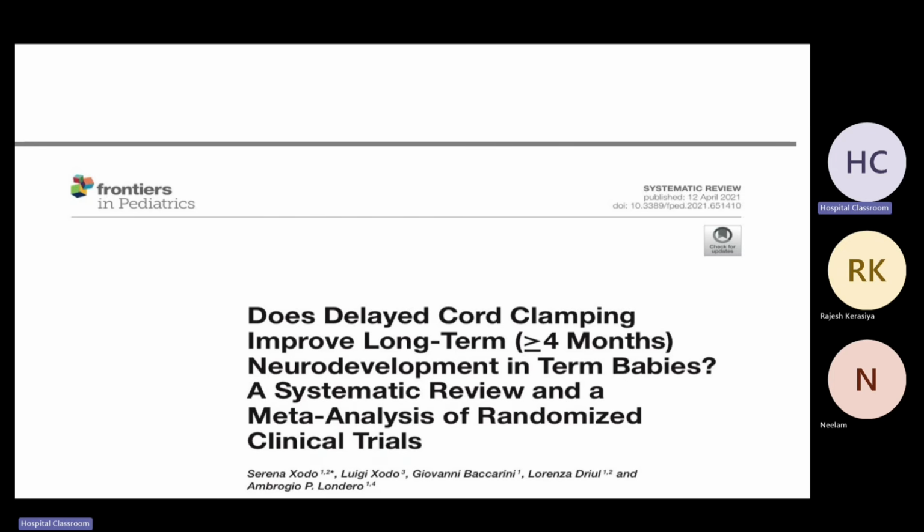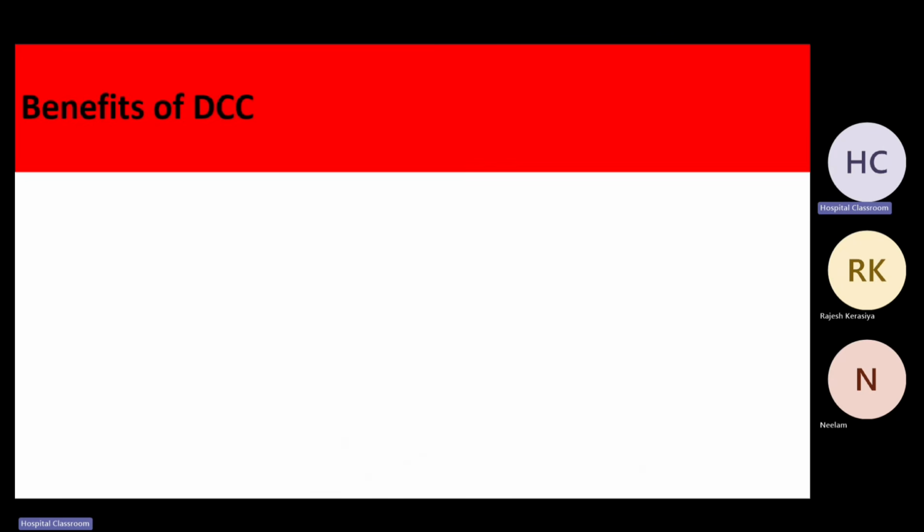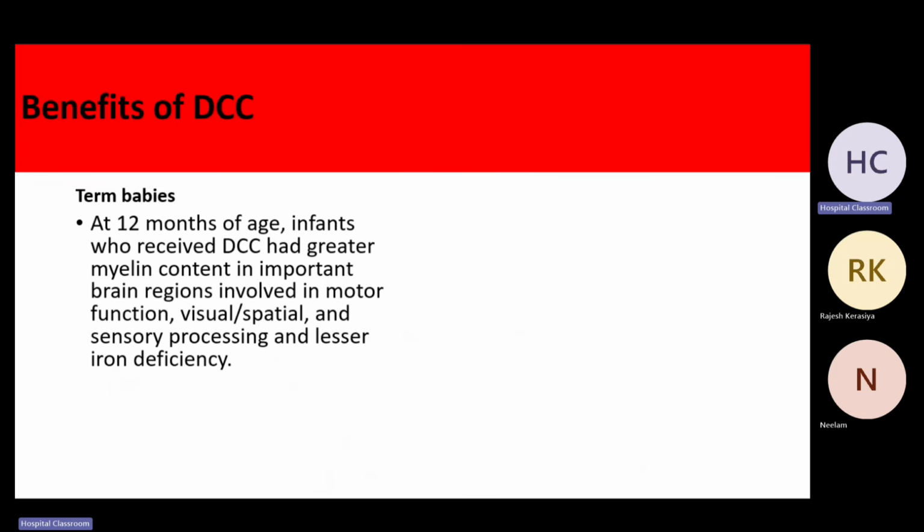So there have been a number of studies, there are lots and lots of meta-analyses, lots and lots of RCTs which have been done. If you go and search the internet, it was not possible to include all of them, but a few recent ones which are available I have tried to include here. So all these studies collectively conclude that if you do delayed cord clamping for a term baby, at the time of birth, that extra blood which is there in the placenta, if you are allowing that blood to come to the baby, you are actually